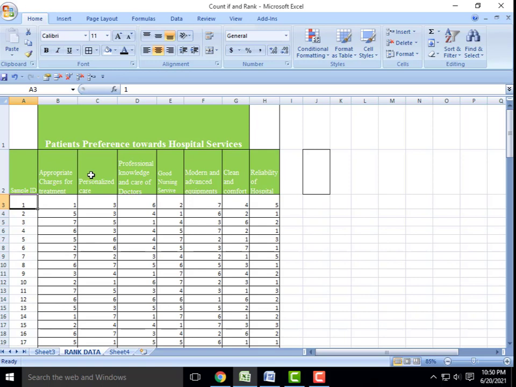Personalized care, rank 3. Professional knowledge and care of doctors, rank 6. Good nursing services, rank 2. Modern and advanced equipments, rank 7. Clean and comfort, rank 4. Reliability of hospital, rank 5. Here all these 7 variables have 7 ranks.